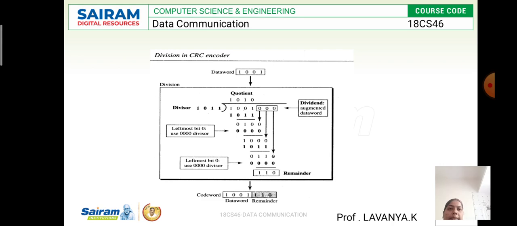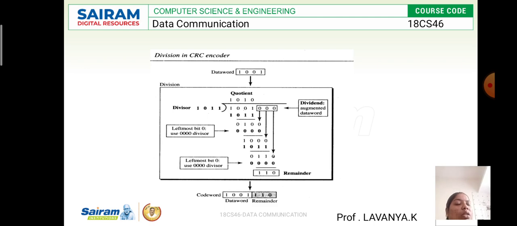So this is the CRC. Then look at this, see the CRC problem they have given here. The data word is 1001, and the divisor will be 1011. First, they are going to apply the leftmost bit, that is 0. See, 1011 is the divisor, and I am going to divide the data word. So finally we get 0 0 is 0, 0 1 is 1, and 1 1 is 0.